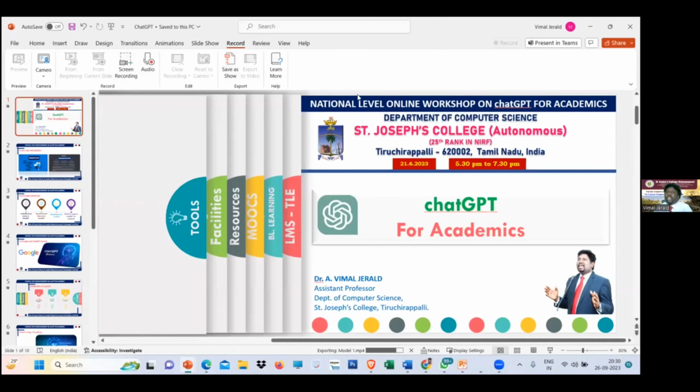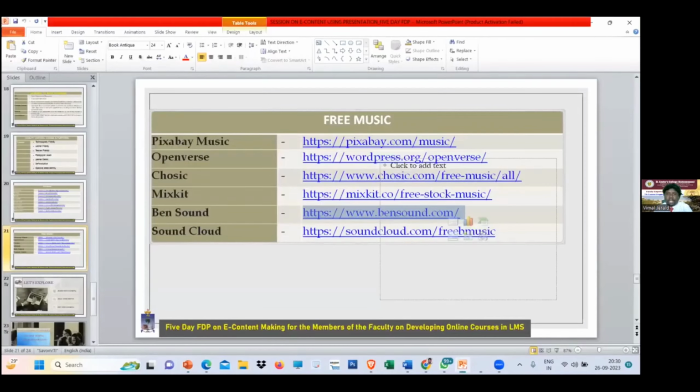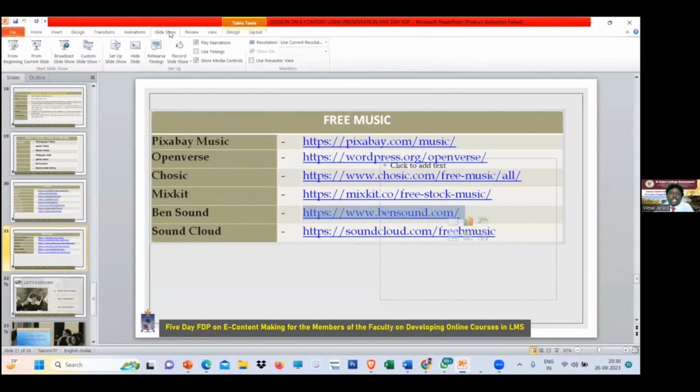So, professors, version to version, it differs. Let me make it clear. Let me just show it with another version. Look at here. I'm just taking up another version. This is 2010. Go to slideshow. You will find the option